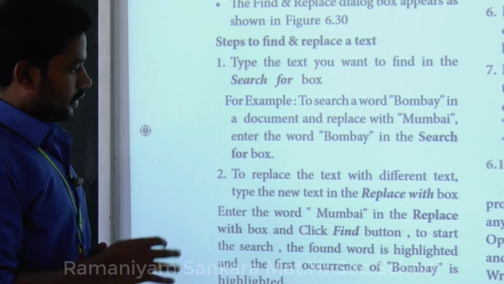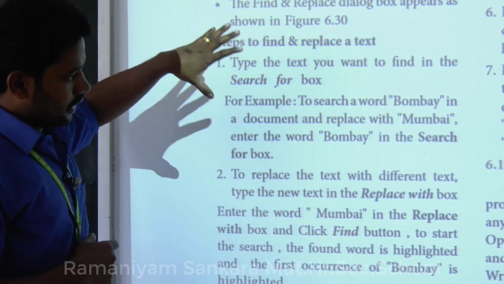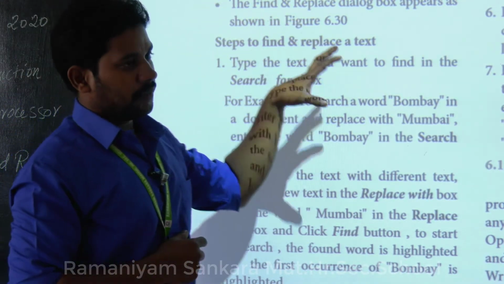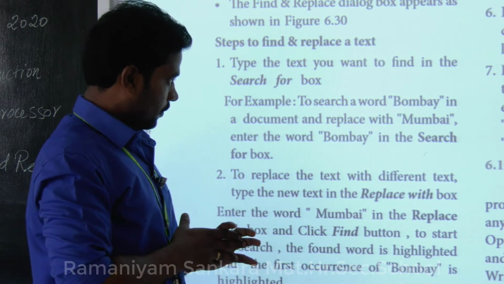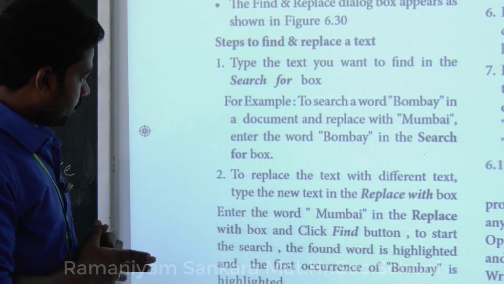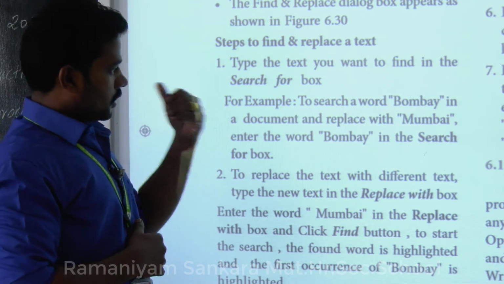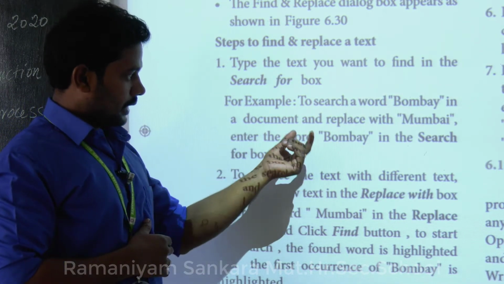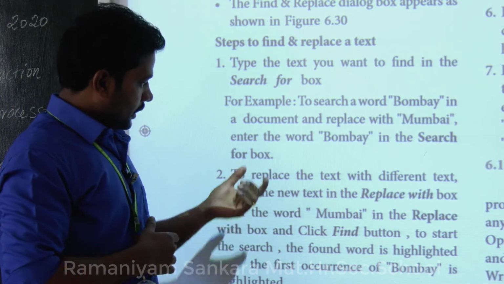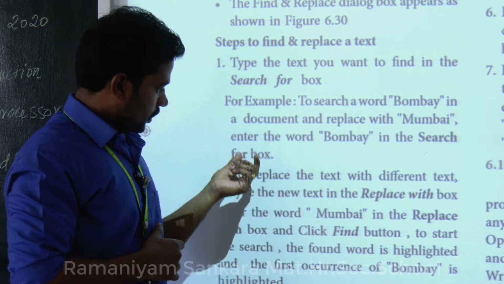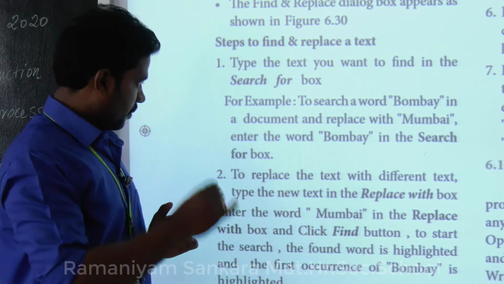You have to clearly understand, this is an important 5-mark question. Explain about find and replace feature in OpenOffice Writer. The first step is, if you want to search for the word Bombay in a document and replace it with Mumbai, enter the word Bombay in the search for box. That is step number 1.